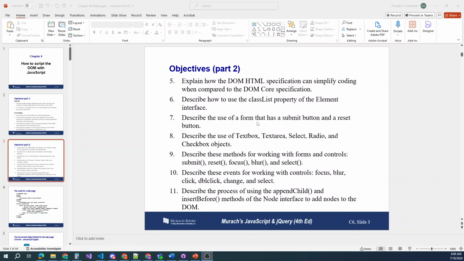Describe the use of a form that has a submit button and a reset button. Describe the use of textbox, textarea, select, radio, and checkbox objects. Describe these methods for working with form controls, submit, reset, focus, blur, and select. Describe these events for working with controls, focus, blur, click, double click, change, and select. Describe the process of using the append child and insert before methods of node interface to add nodes to the